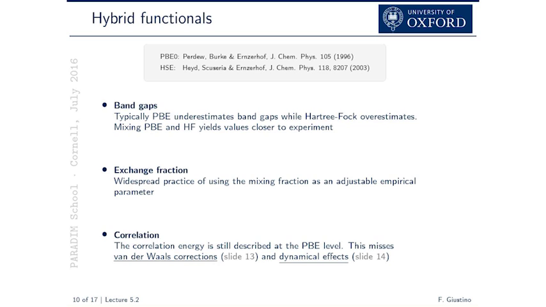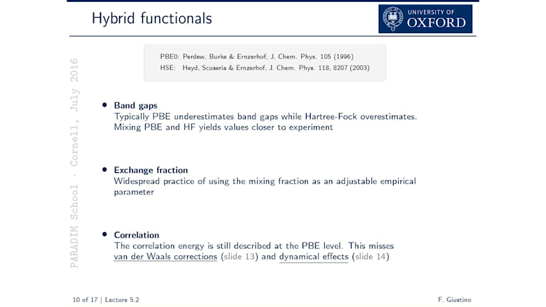This is basically a kind of a comment on these functionals. Band gaps tend to be closer to experiment because with Fock you overestimate, PBE underestimates, you go towards the middle. And there are a lot of studies now which are benchmarking band gaps, like you do calculations of a lot of systems, you compare it to experiment, and you decide if this functional is good for band gaps or not, something like that. One of the problems, the advantages, let's say, or the problem is that this fraction 3/4,